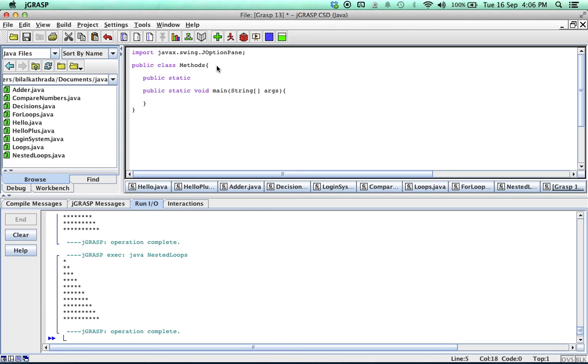Now, why am I using the keyword static? The keyword static means that this method will itself be static. In other words, we will not need to create an instance of this class. Now, class instantiation and object-oriented programming are coming later on in later lessons. So for now, just understand that you don't have to instantiate this class in order to run this method. Okay, so we'll call this one show message,